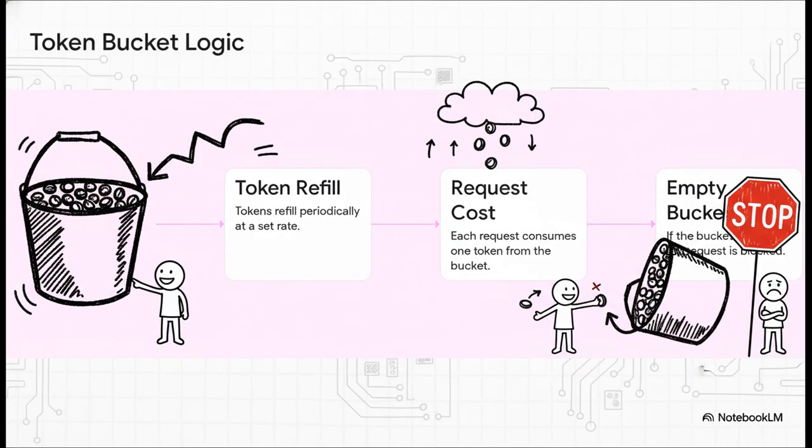Okay, so how does our bouncer actually decide who gets in and who has to wait? Well, it uses this really clever idea called the token bucket algorithm. Just imagine every single user has a little bucket. We're constantly dropping tokens into that bucket at a steady pace. Now, every time they want to make a request, they have to spend 1 token. Simple, right? But what if their bucket is empty? Well, they have to wait for the next token to drop in. It sounds so simple, but it's an unbelievably effective way to smooth out that traffic flow.